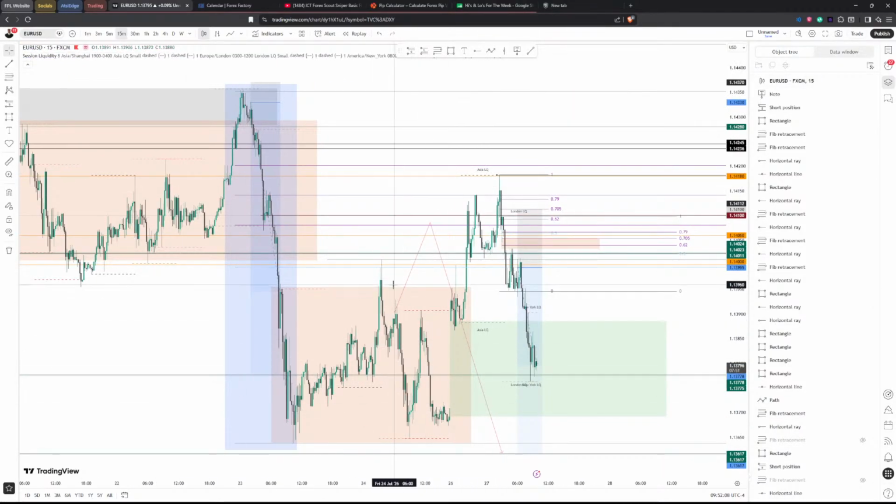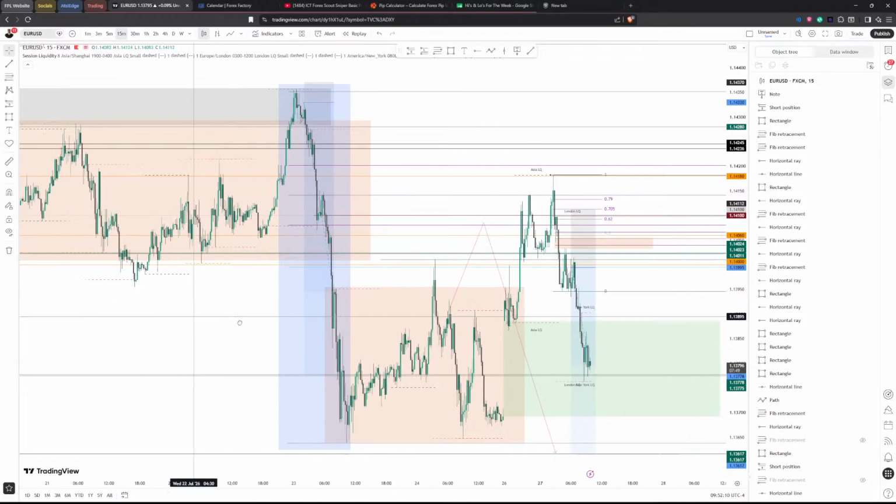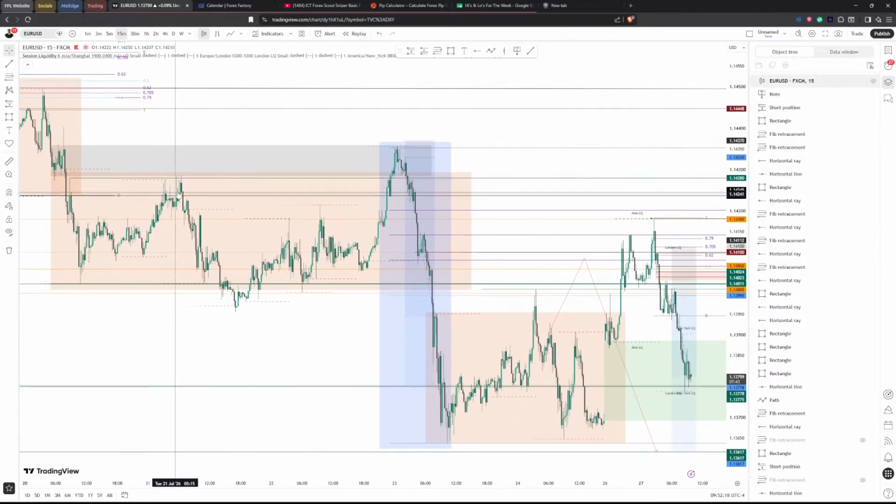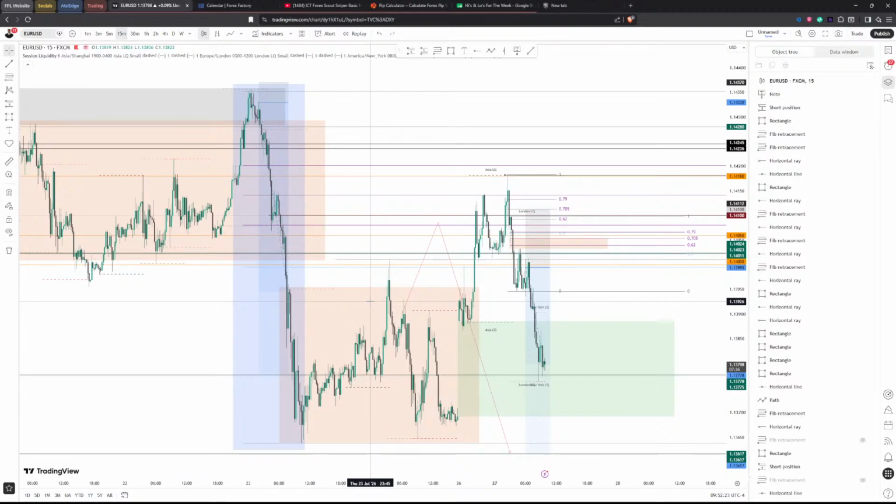So price coming up can either take out these highs, or it can take out minor highs, like here. If these were major, these would be minor. And then it could take out major partially and go up for a while afterwards and then come back down. There are a lot of ways it can come back down, but the idea is the same: it takes liquidity before it goes down. So this red line is me saying that price is going to take out liquidity.